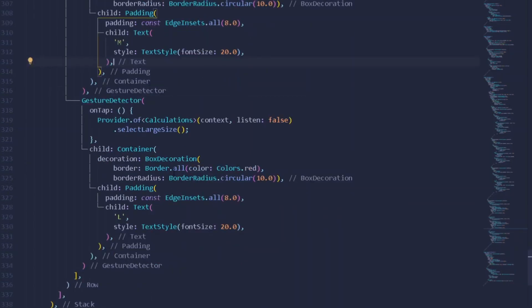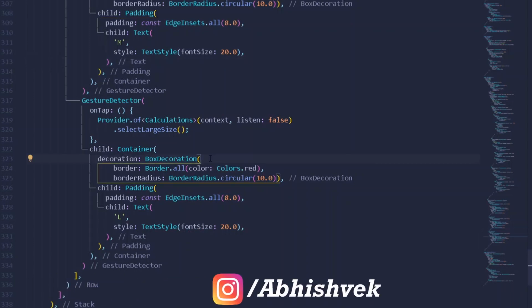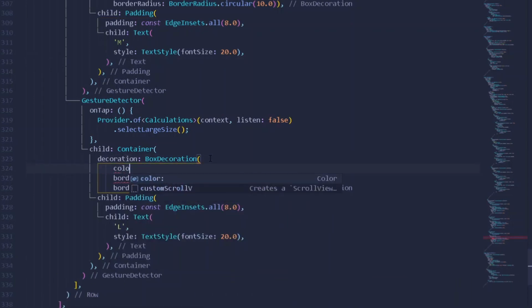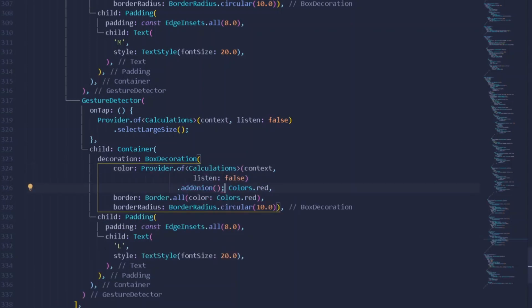Now let's do one thing, that is, simply change the color of our entire container. Here you may observe we have color to be null. If I simply change my color to Colors.red, alright, the following thing is changed to red, but we need our condition. So here I will simply paste this thing and add a ternary operator. Here I will make it true, and here instead of this large tapped, alright, not large, okay, or large tapped.